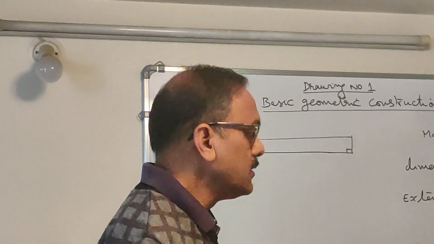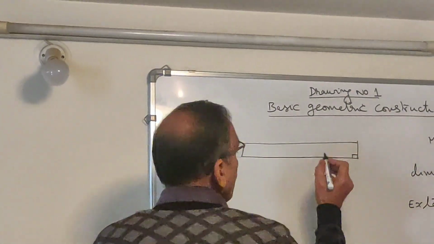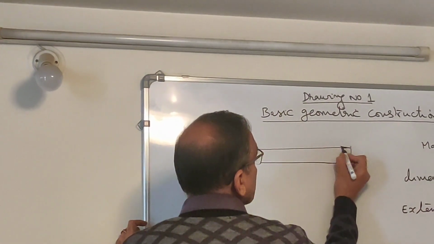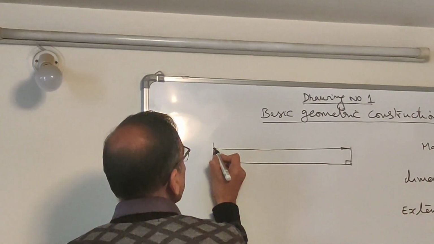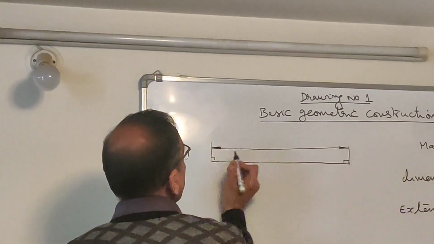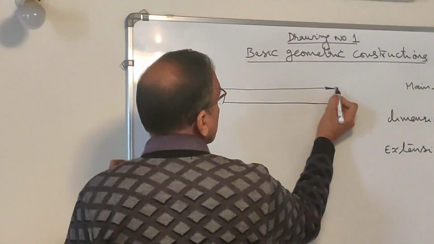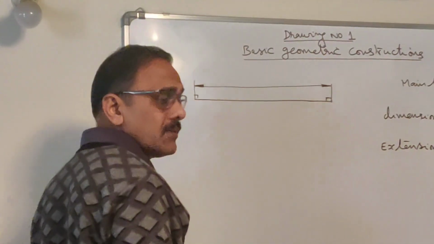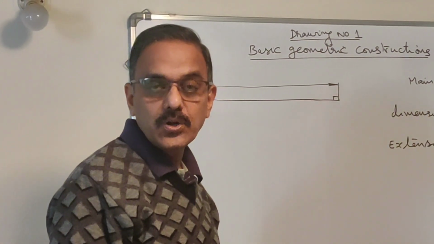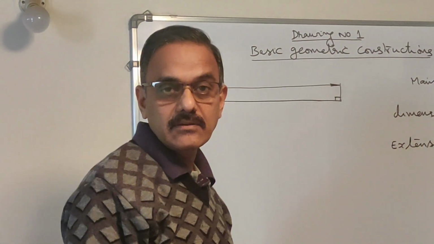Okay. Then we draw what are called arrowheads at the end of the line to show that that is the end of the line. And the arrowheads have to be shaded inside like this. Even the shading should not be too dark. Okay. The shading should not be made too dark. It should be done light.